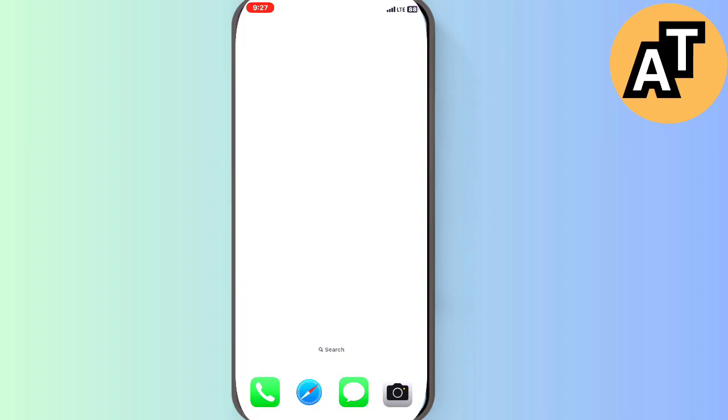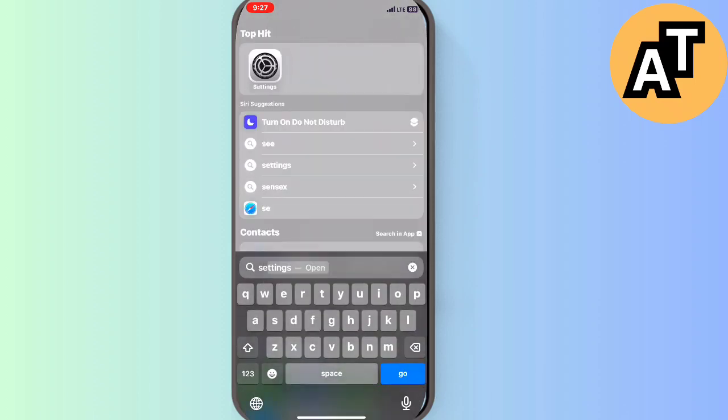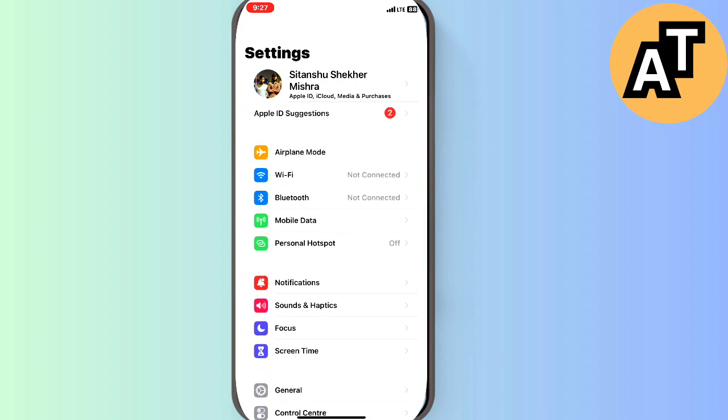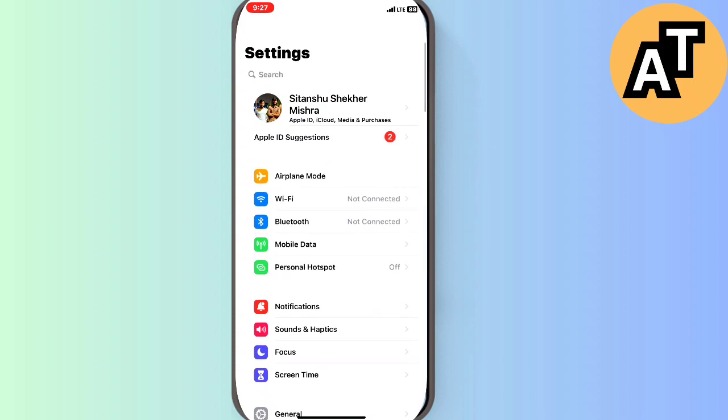In this video, I'll show you how you can clear all your app data on your iPhone. For this, the first step is to click on the Settings option on your iPhone. You can see this is Settings. We will just scroll down and find the General settings in our Settings option here. So just scroll down here,